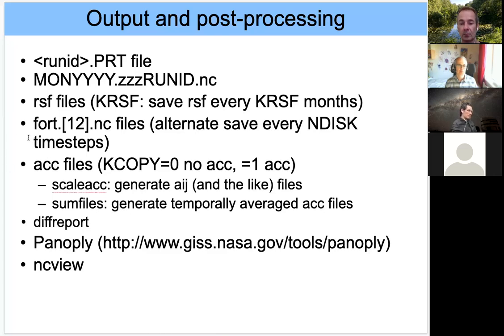Then there are files called fort1 or fort2.nc. Those are basically checkpoint files. They're similar to RSF files, except RSF files don't contain diagnostics, because diagnostics are reinitialized at the beginning of every month. But the fort1 and fort2 files contain everything. So it's basically like a memory dump of your model. And if your model crashes, or if you stop it with